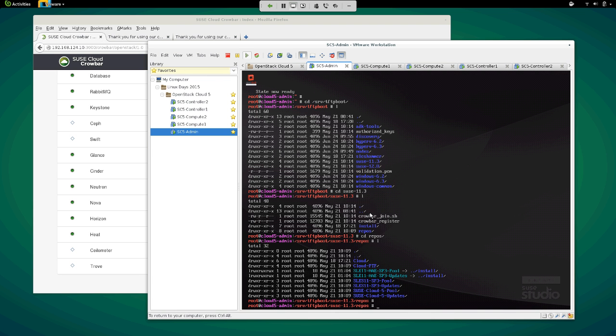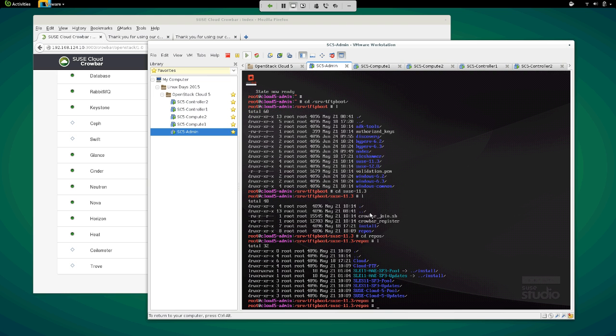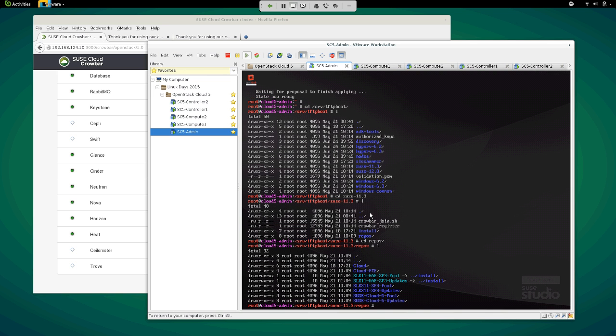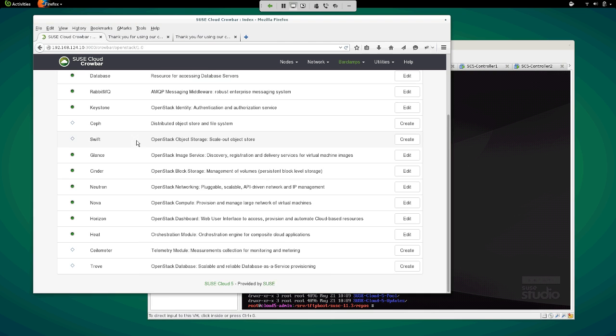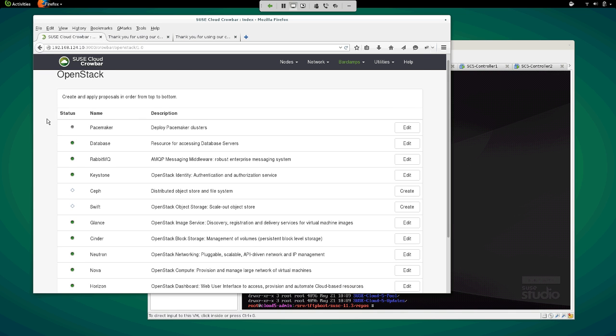So I'm going to scroll up a little bit. So the batch deployment did finish, and if I go over to my Crowbar barclamps and I look under the OpenStack barclamps, I have a number of them which are green now.